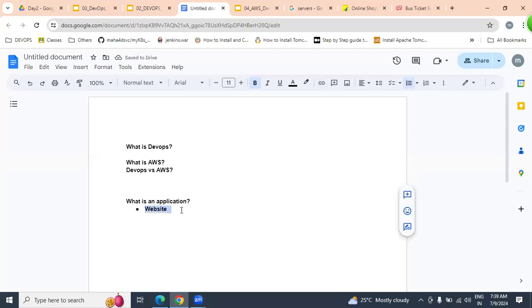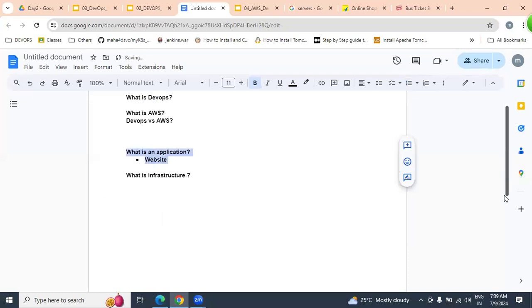for deploying this website, what kind of infrastructure is required? First of all, what is infrastructure? What kind of infrastructure is required for maintaining this application?